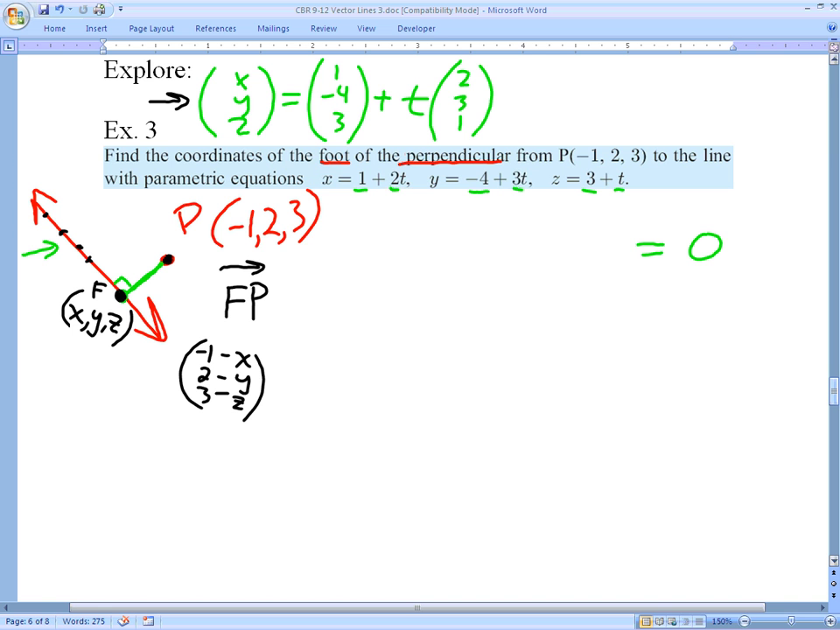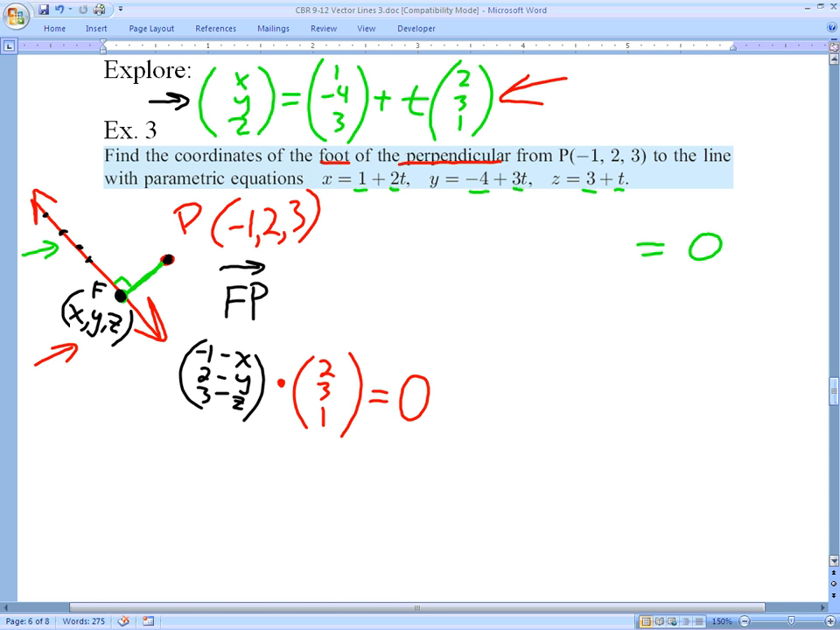So that is one of my vectors. I have another vector that goes in the direction of this line. I don't need to use x, y, and z because I already know the direction of the line. It's given here in this equation. So I'm going to take this vector that I created with F and P and do the dot product with this directional vector or velocity vector from my original parametric equations, 2, 3, 1,